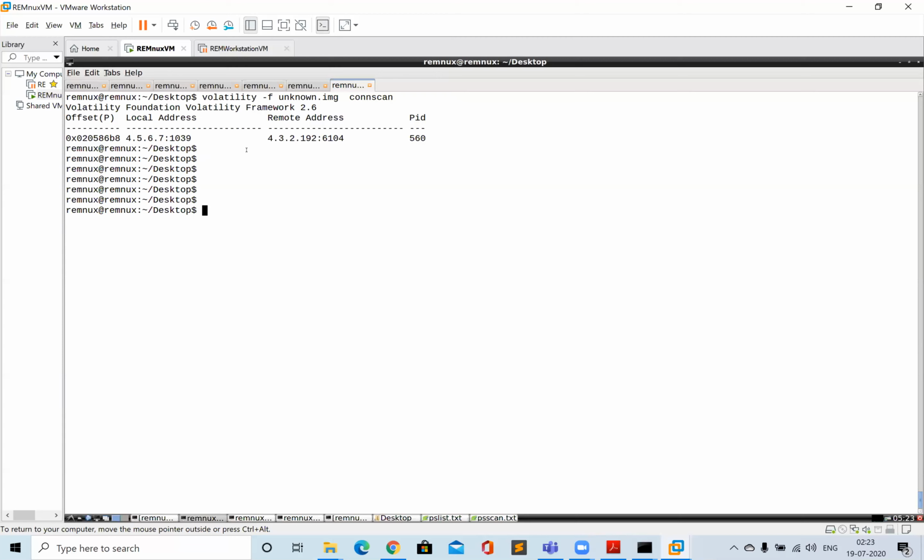So any guesses how you can tell what scenario might be happening here? My question is whether the local address is trying to communicate to the remote address, or the remote address is trying to communicate to the local address. That's a very useful thing that you always have to analyze. It will tell you if there is a backdoor in your system, or if the malware tried to communicate to a C2 server. There's a command called netstat that you run in Windows, and it will tell you which processes are listening on which ports.